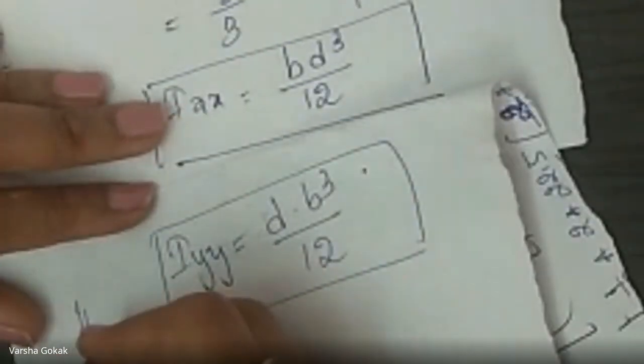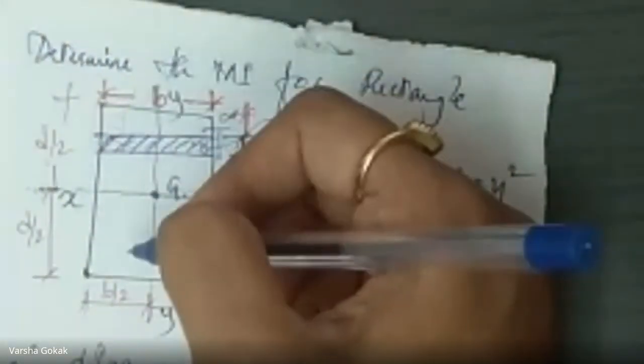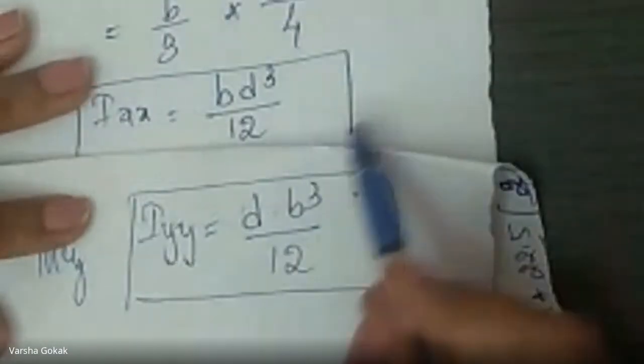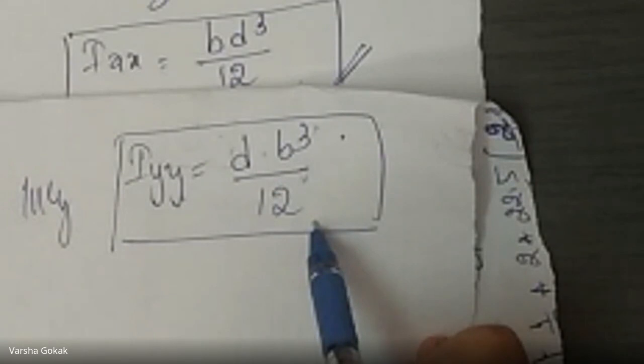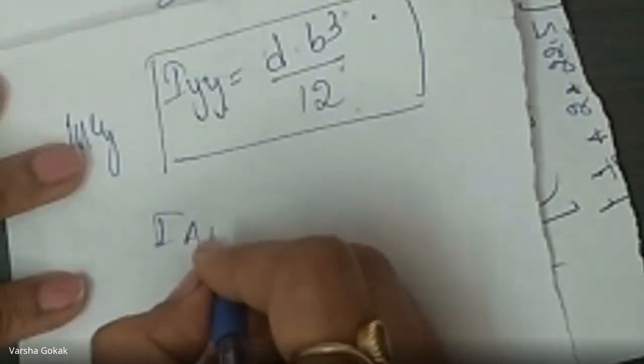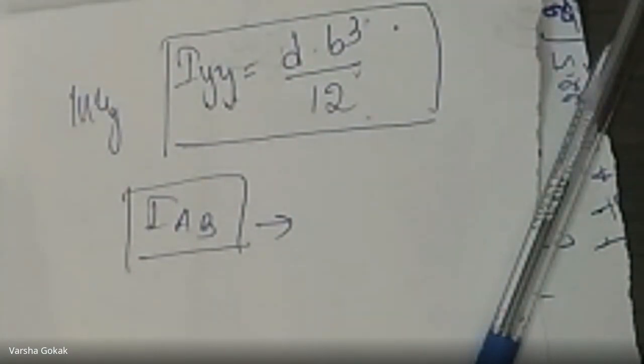Okay, you can just write it similarly. No need to do this entire thing, or no need to consider an elemental strip which is vertical. That is okay. You should just show for Ixx with an elemental strip. For Iyy, you write d b cube by 12. Okay, any doubts with this? b d cube by 12 and d b cube by 12. Now I have to also find for IAB. We will do it in the next class. I will retain these papers and we will do it in the next class. Any doubts till now?